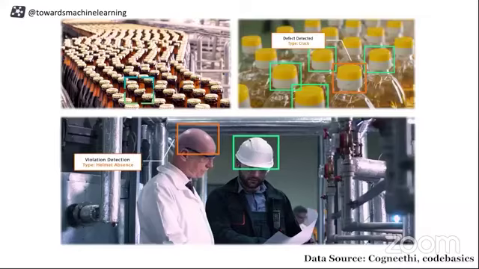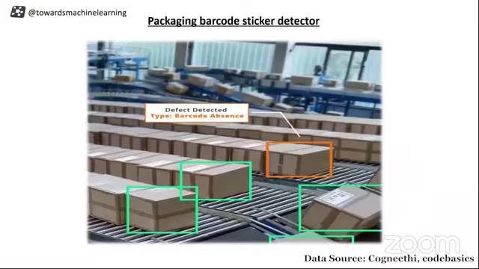The second one, you can see is helmet detection. That can also be done, whether a person is wearing a helmet or not, whether he's wearing proper equipment or not. This is very useful in dangerous environments in big industries, right? And next, we can also detect the barcode. If some box doesn't have a barcode on it, it can detect that. So there are many other applications of it, and these are extensively used in today's industry.